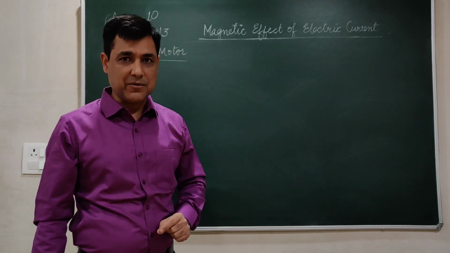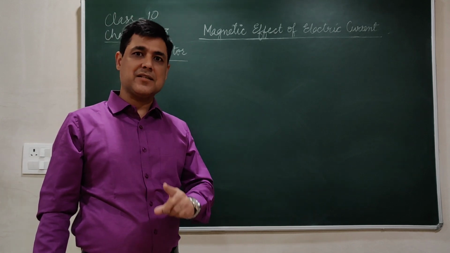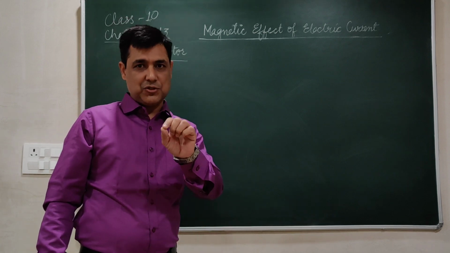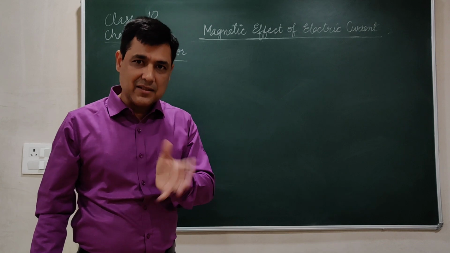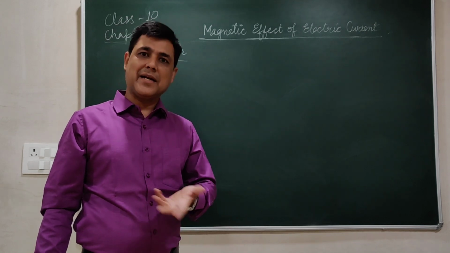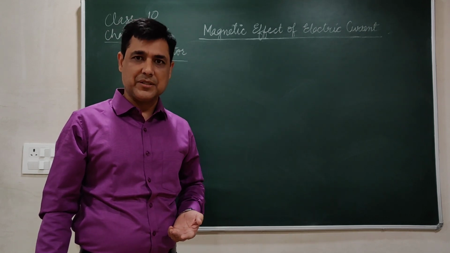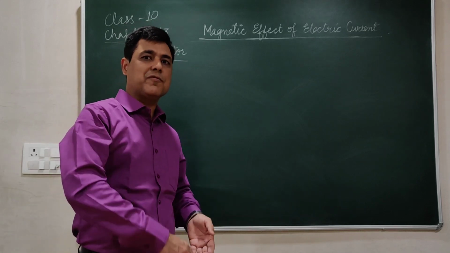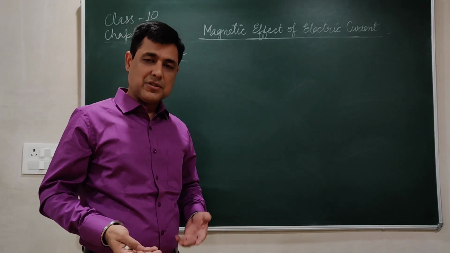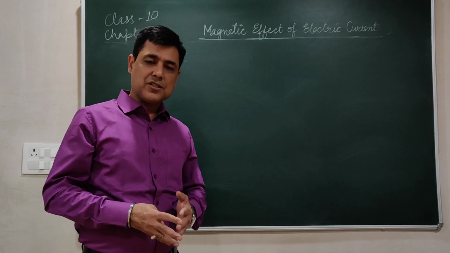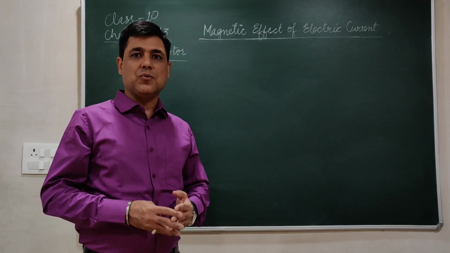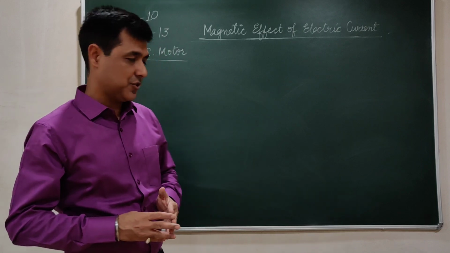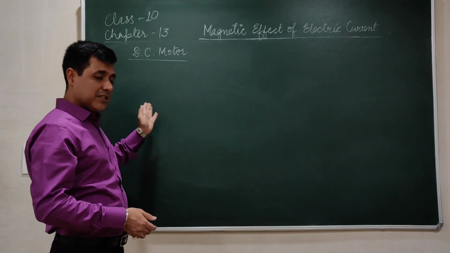Motor is a rotating device which converts electrical energy into mechanical energy. So wherever you find that you switch on and mechanical energy is obtained, you can identify that a motor is working in it. You must have an electric motor to pump the water from the ground floor to the top floor of your house. So that is an electric motor. So electric motor is a rotating device which converts electrical energy into mechanical energy. So first thing, what is motor?